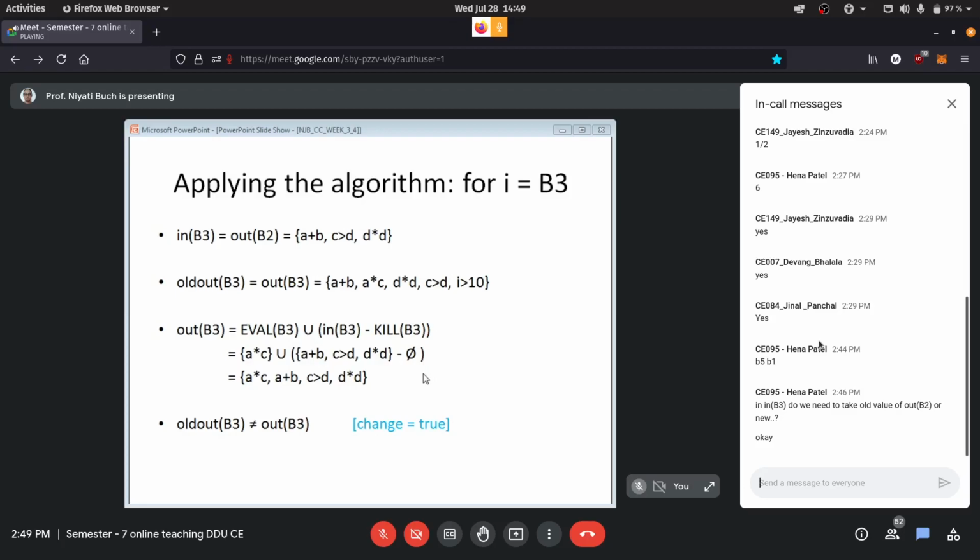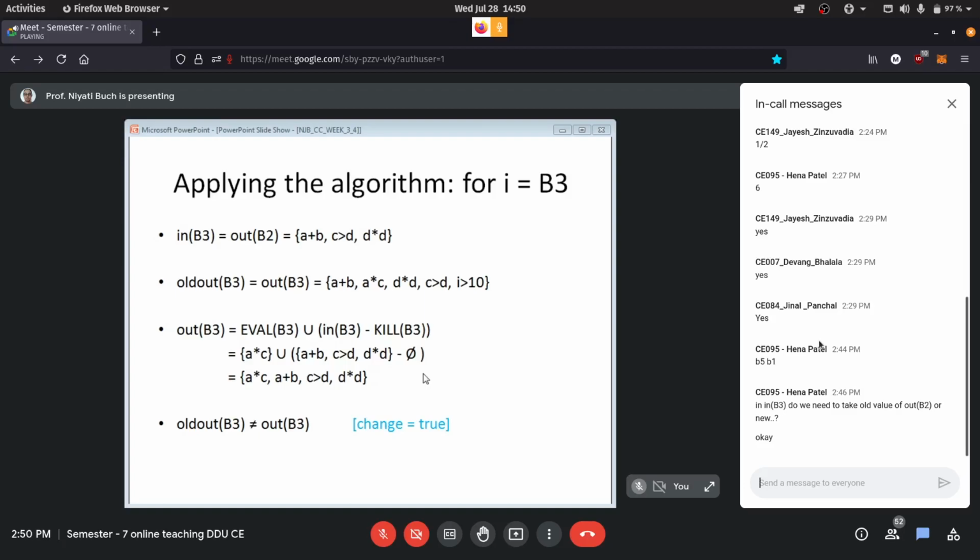Meanwhile, let me give you some more information. Like I told you, I'm teaching this topic from the book by Muchnik. If you have the book or a copy of it, you might observe that this example is solved but the intermediate steps are not shown. So I have put in all the steps, even the simplest of calculations, in the slide, so that you can use it for further reference. And if you have missed any detail, it can be verified.